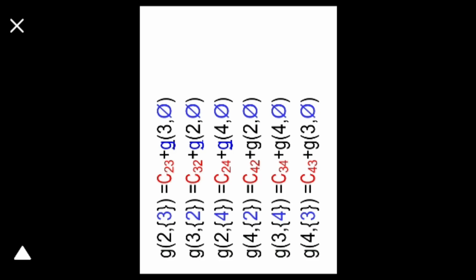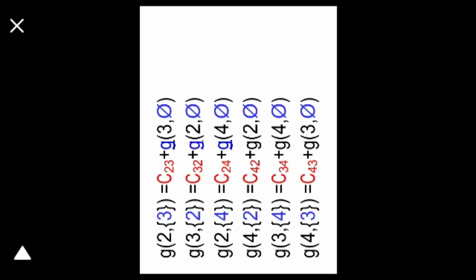As we know, in the traveling salesperson problem, the salesperson has to start from his city, and his city here is 1. Starting from 1, he has to visit all the remaining cities like 2, 3 and 4 based on the minimum distance. Once he visits all the cities, finally he has to come back to his city. What is his city? 1. So for that purpose here we have used 5.